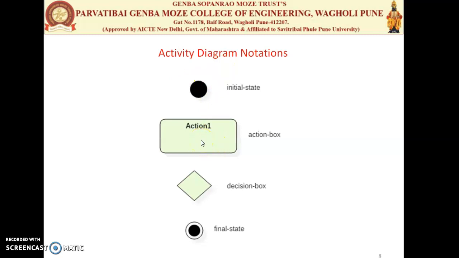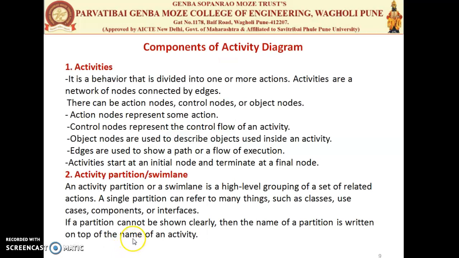So the behavior of the overall system can be divided into a number of activities which transfer control from one activity to another by using the edges. Edges is nothing but the link from one activity to another, or we can say connection from one activity to another. So the nodes can be anything. The activity node can be anything. It can be an action node which represents the action. It can be a control node which represents the control of activity. And the third, the object node, is nothing but to describe the object used inside the activity. So the node can be an action node, control node or object node.